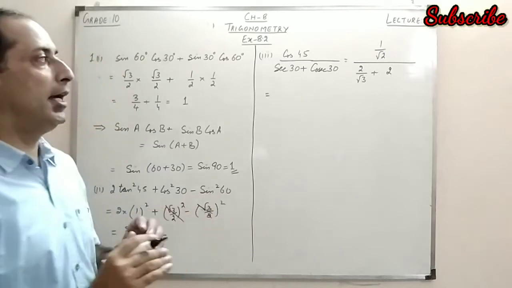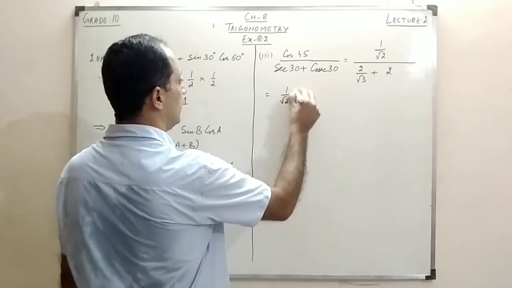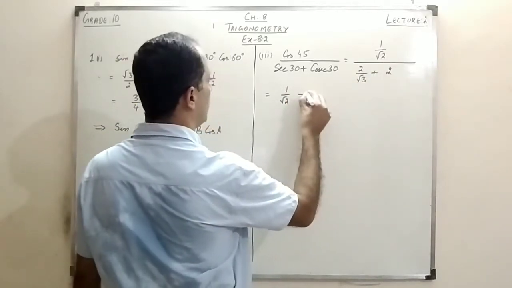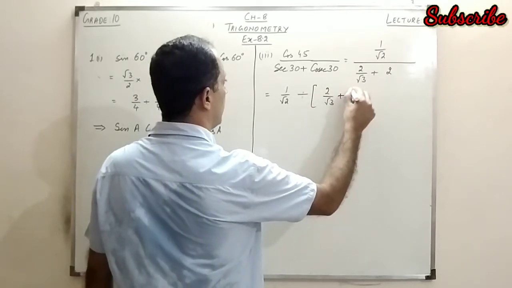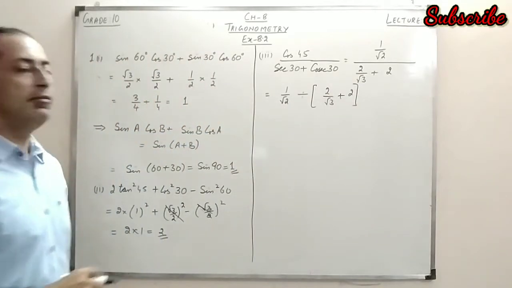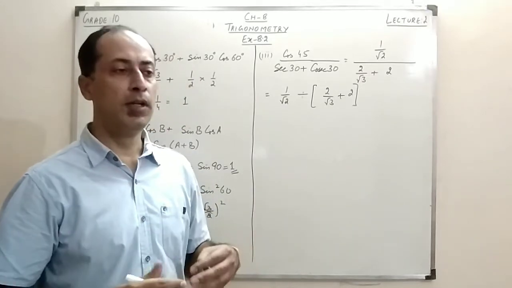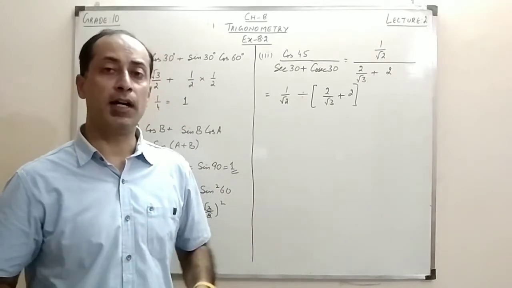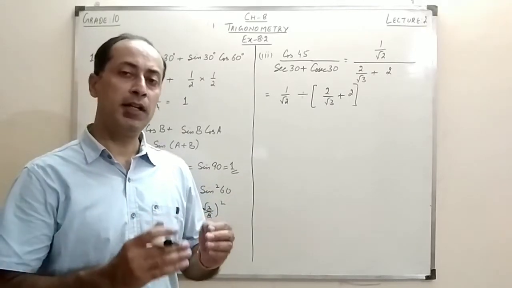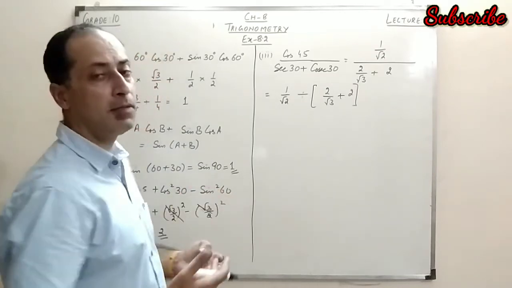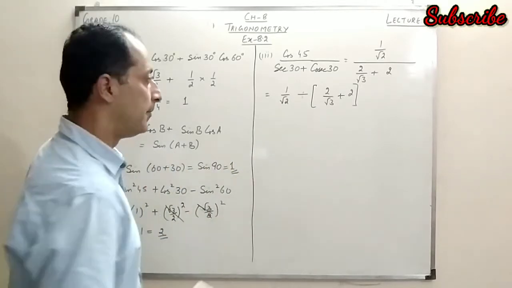Now what is the next step? To simplify this, we can write this in another way. I can write it as 1 upon root 2, and since this is a division, I put a divide sign here. Now this makes it easy to solve, right? There can be confusion for some students when the numerator and the denominator both are fractions, and it becomes a little bit difficult to simplify. So they can write it this way and then simplify.